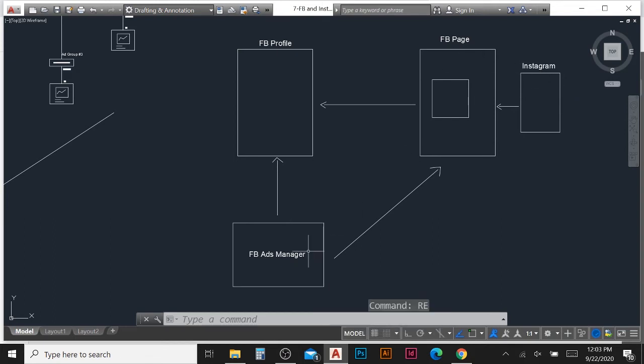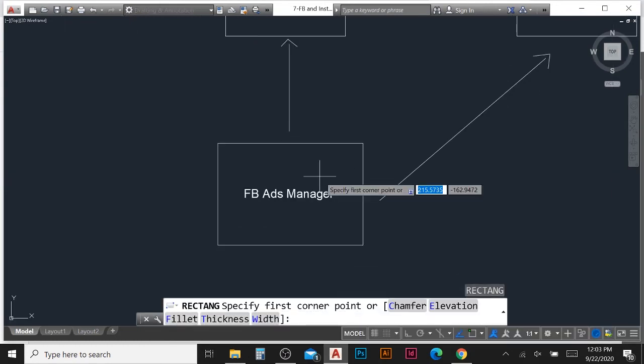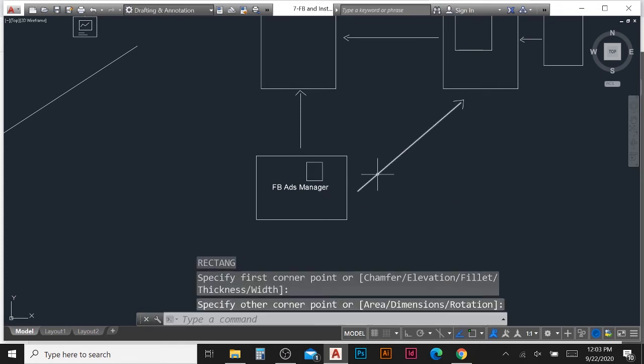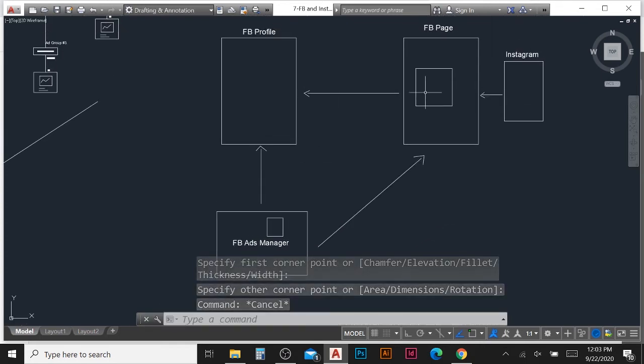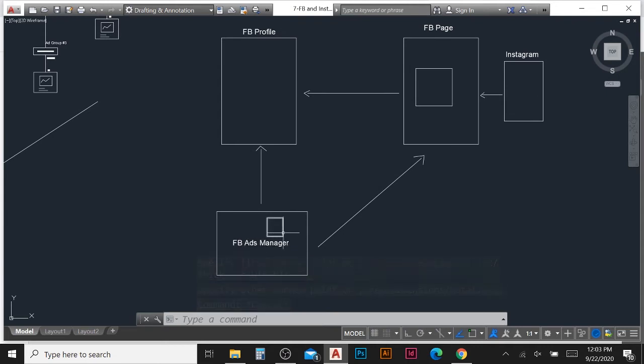When you create an advertisement from the Ads Manager tool, you can mention that this ad is for this page. Also, if you are creating ads for Instagram from Facebook Ads Manager, you can mention this ad is for this Instagram.